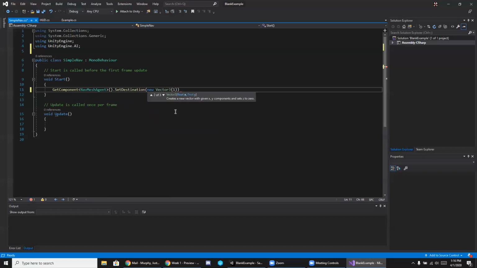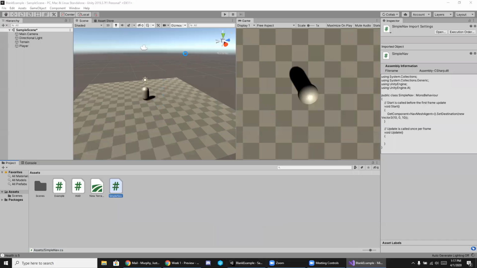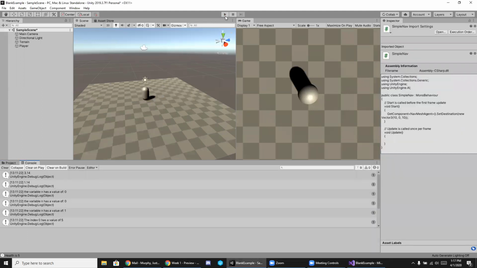Vector3, and we'll say 10 in the X, 0 in the Y, and 10 in the Z as well. So it should be moving to one of the corners of our map. Then save this, and back to our level. If we try and play this,